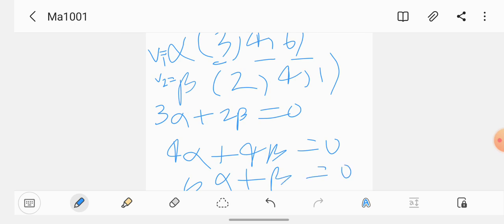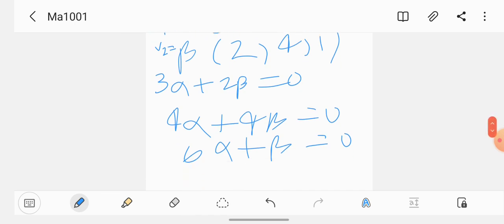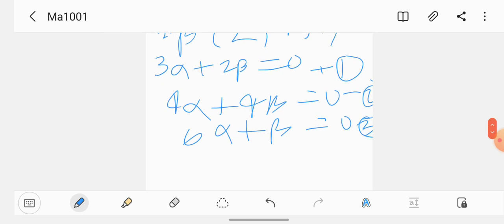If you get the values of alpha and beta both equal to 0, it means the given set is a linearly dependent set, okay. And if you get some nonzero constants for alpha and beta, it becomes a linearly independent set. If we solve this, let's suppose this is our equation 1, equation 2, and equation 3, and we equate equations 1 and 3. We get alpha is equal to 0 and beta is equal to 0.